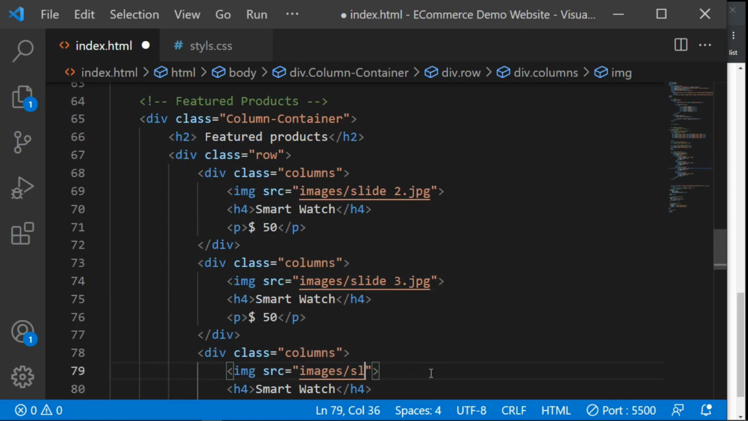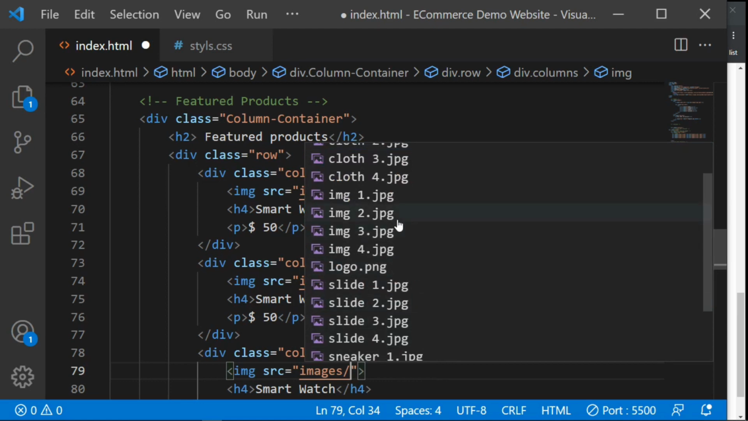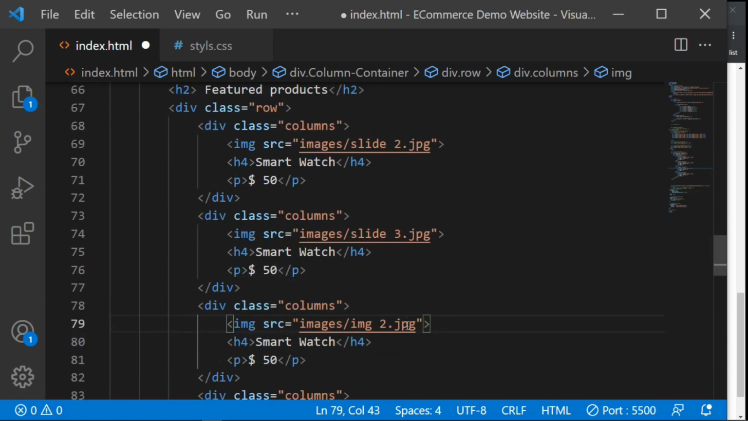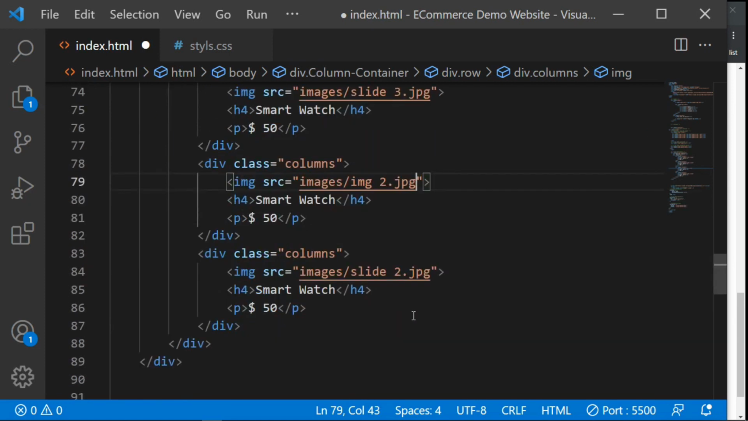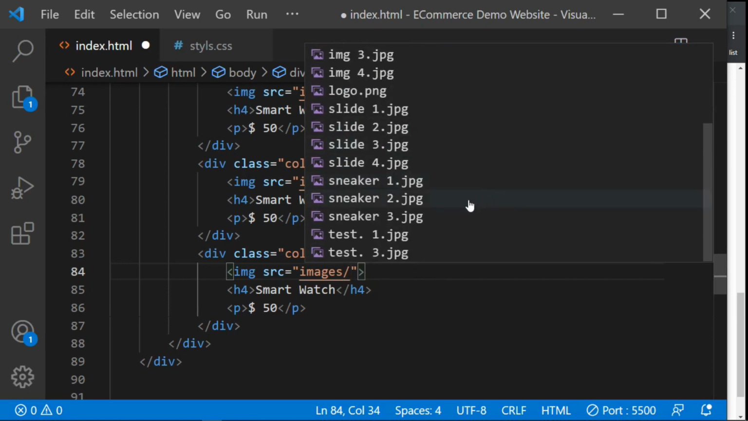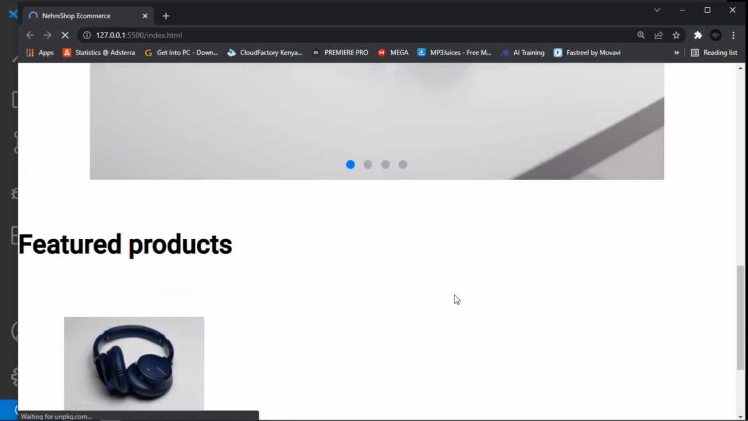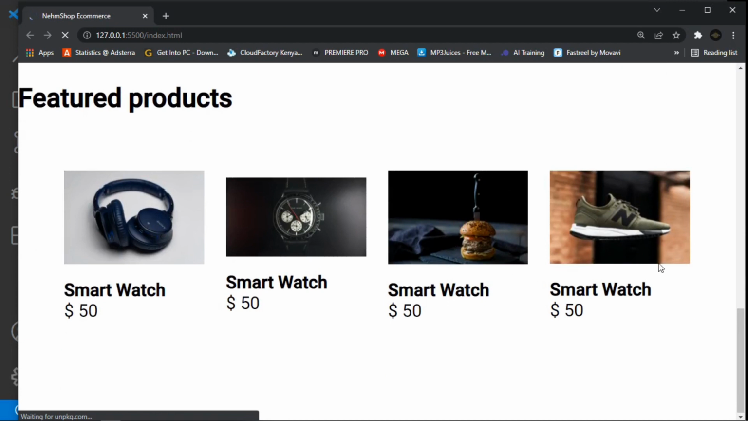let me use this img, I don't know, and then here let me use a sneaker perhaps, and here I'm going to use 4, and then save. So guys, you can see I have different images here, but now